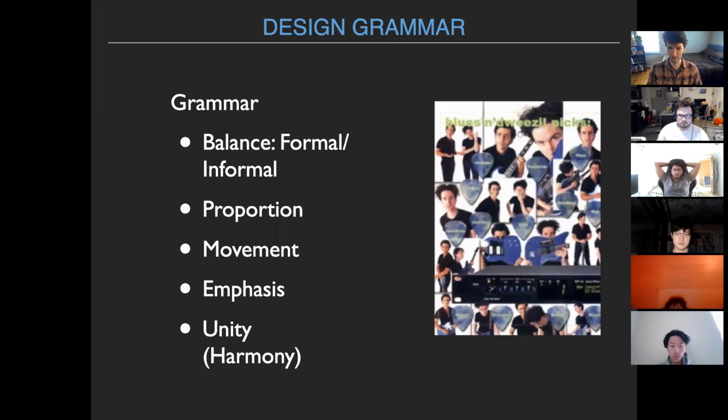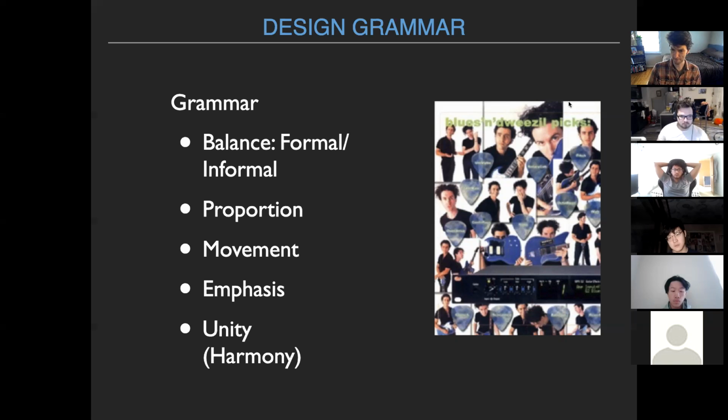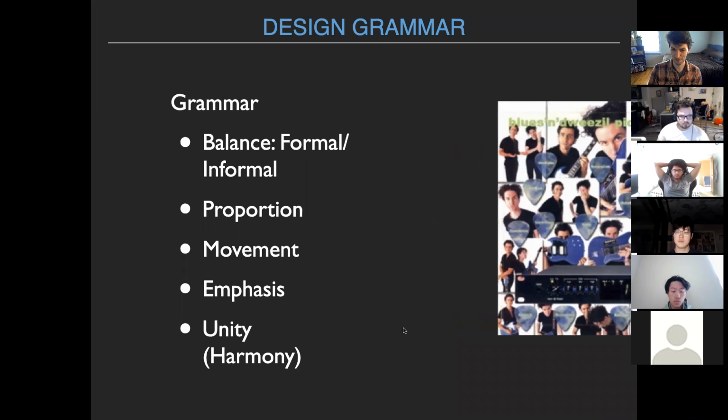Another example could be here. This is unity and harmony, right? This is like an advertisement for some kind of digital equipment, but it's basing it off of, oh, you're going to be using this for music making. So let's just plaster this with the similar music making of a guitar or a musician creating this music. Another one would be